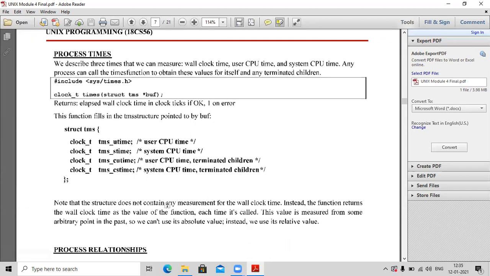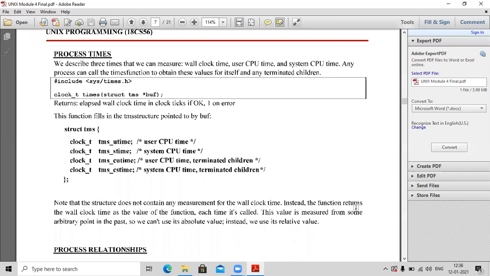Note that the structure does not contain any measurement for the wall clock time. This is the elapsed time. That is, the process will wait for some time before getting the CPU allocated. That time is called elapsed time. So this wall clock time has not been mentioned inside this structure. Instead, the function returns the wall clock time as the value of the function. It gets returned here itself each time it gets called.